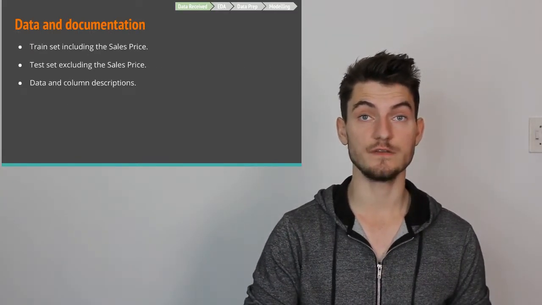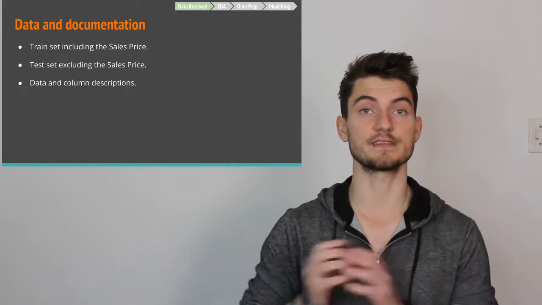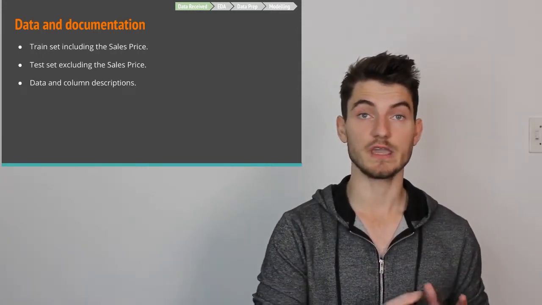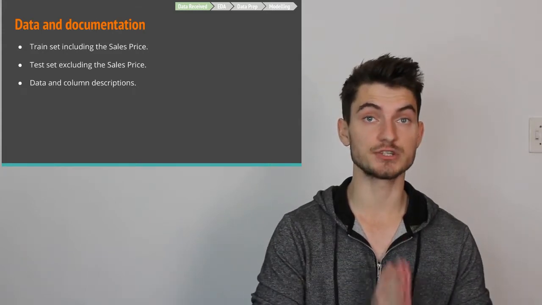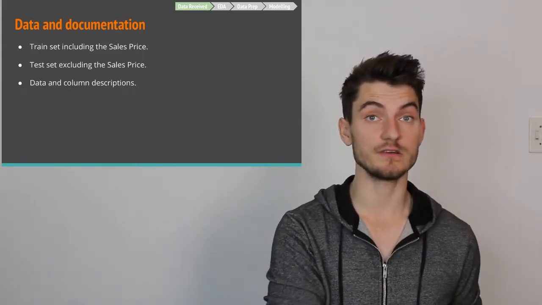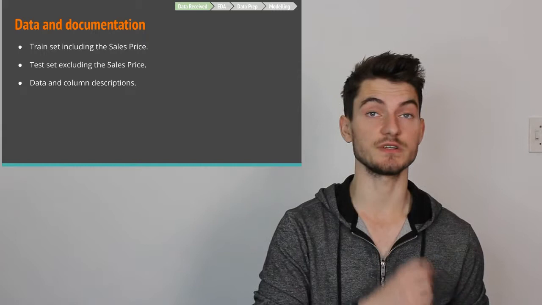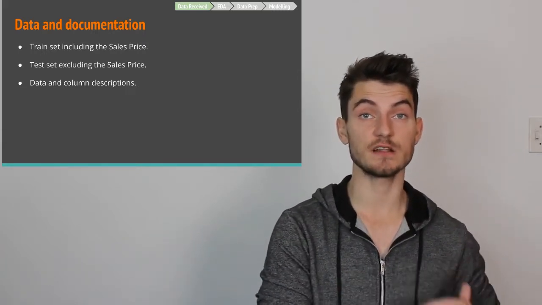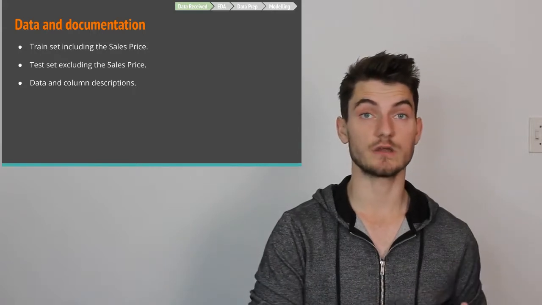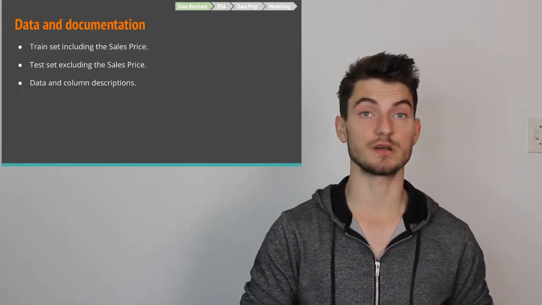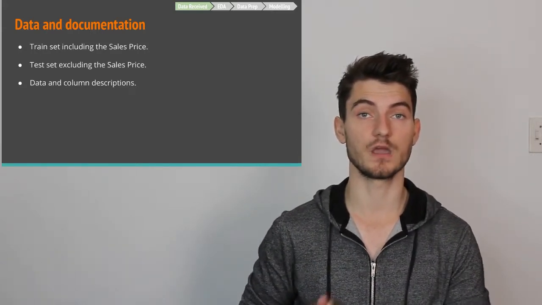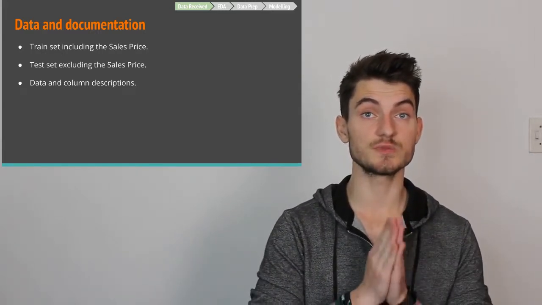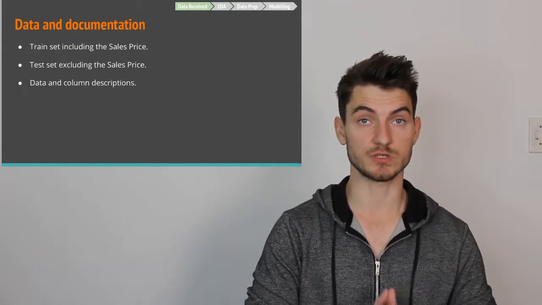The data we received was comprised of a training set and a test set. The training set had 79 different variables, each variable specifying a specific feature of the house, thousands of housing records, and also a sales price for each house. The test set, on the other hand, had these same 79 variables, but different housing records, and also excluded a sales price for each housing record. We also received data descriptions for each column, so that we knew specifically what each feature was supposed to represent